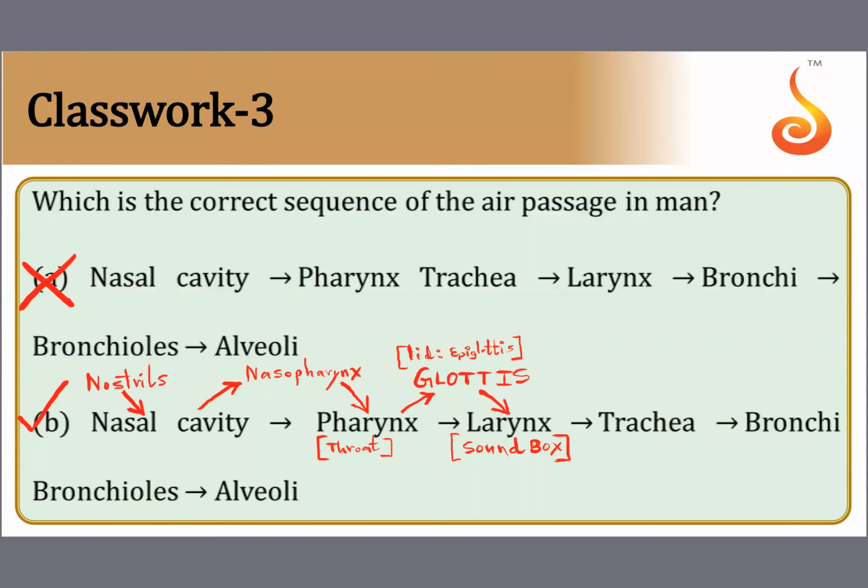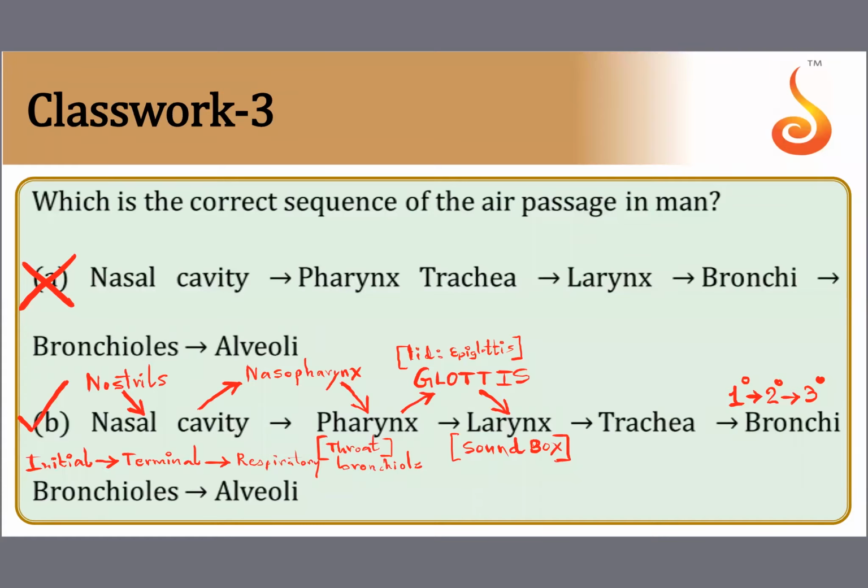Then it enters the trachea, then it enters the bronchi. You know that there are three bronchi: primary bronchi, secondary bronchi, and tertiary bronchi. Then among bronchioles also you have the initial bronchiole. The initial set of small tubes are called initial bronchiole. Then it enters into the final branches, which are even thinner. They are called terminal bronchiole. And then finally it enters into respiratory bronchioles. So these are the three forms of bronchioles. These also you should remember.